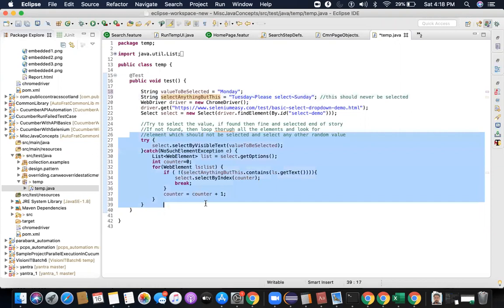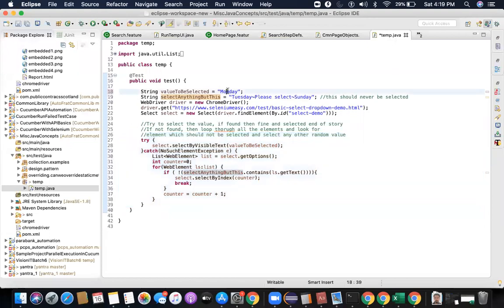You guys tried with different approaches. I've seen Rahul's code. I have seen Deshani's code. I don't know about others, but these two codes I've seen, and you guys have tried to write logic, but some logic is static logic, because Rahul wrote static logic, wherein he was just putting cases. If Monday is there, then select, but that will become static. What if I want to change these values? I have to change the whole code. I don't want that, right?